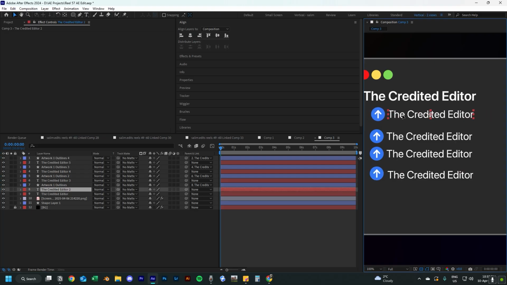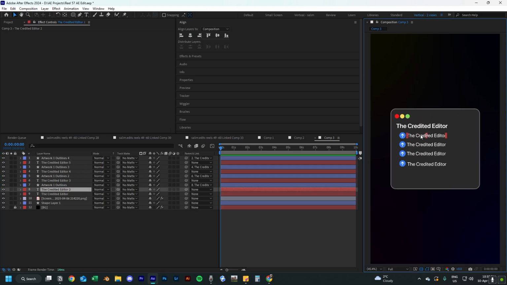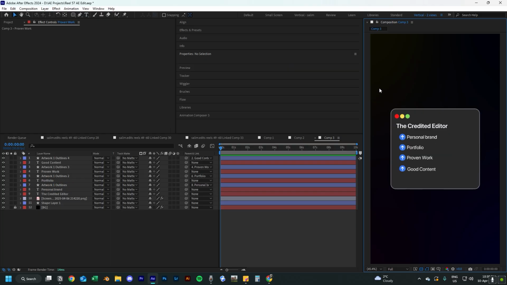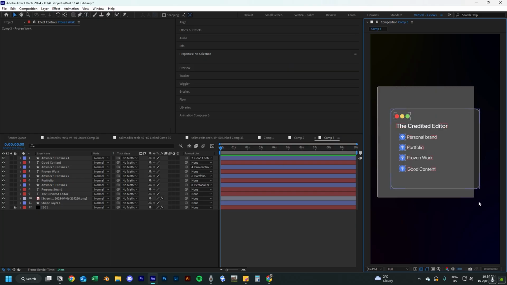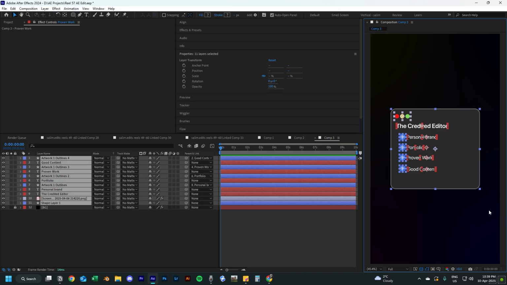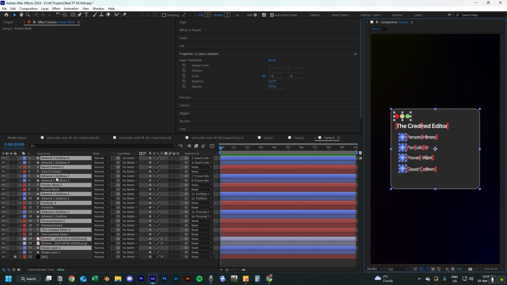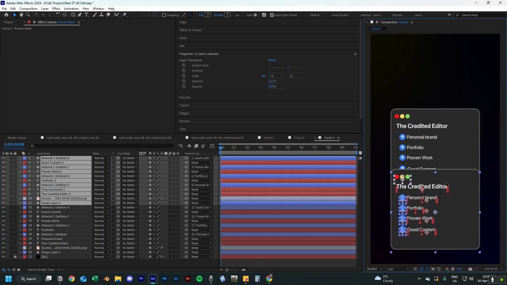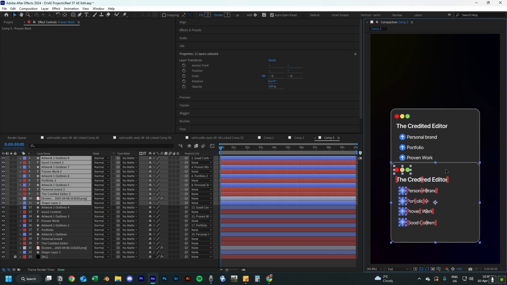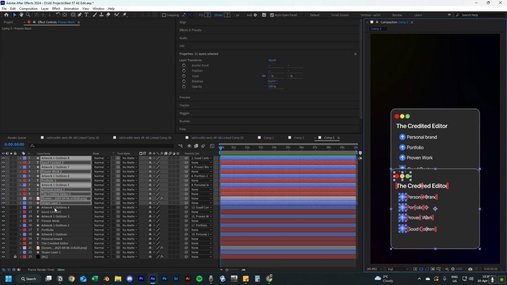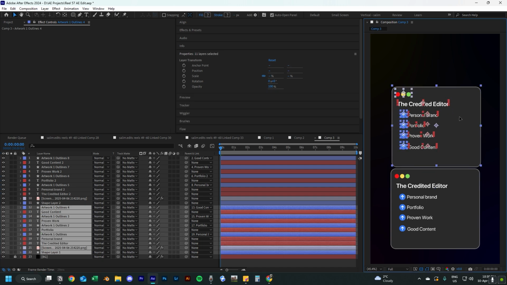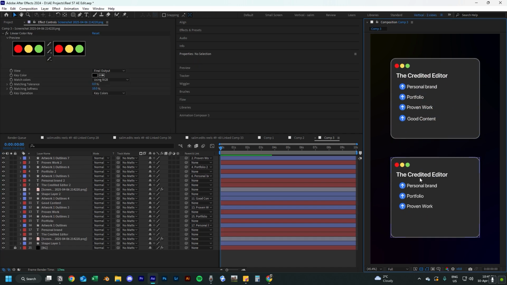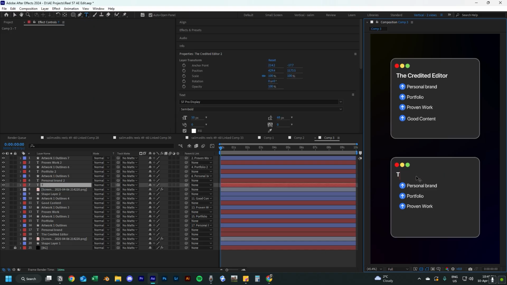So now if you move the text layer, the shape layer moves as well. And then you can write whatever you want here. Once we have this, what we can do is select all of this, press Control D, move everything to the top like that, and then just move it down. Just like that. And then I'm gonna highlight everything else and move it to the top, so that we're just gonna change this. I'm gonna delete these two because I didn't have these two, and then I'm gonna call this the